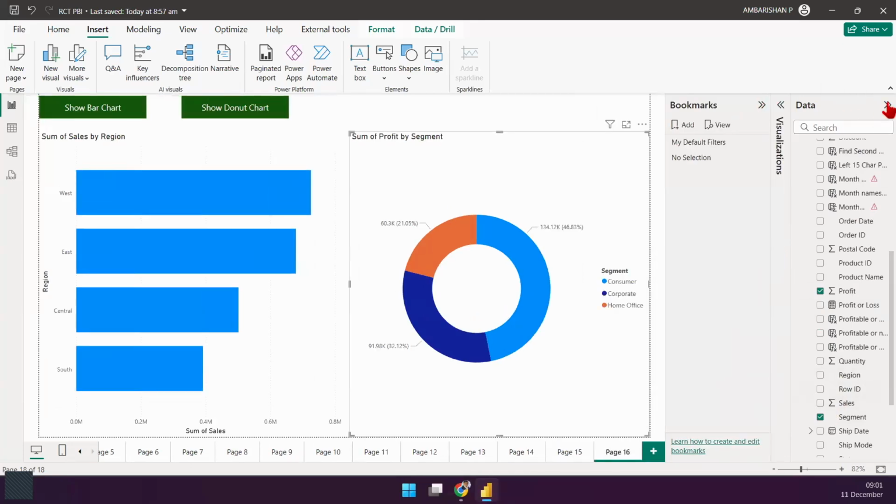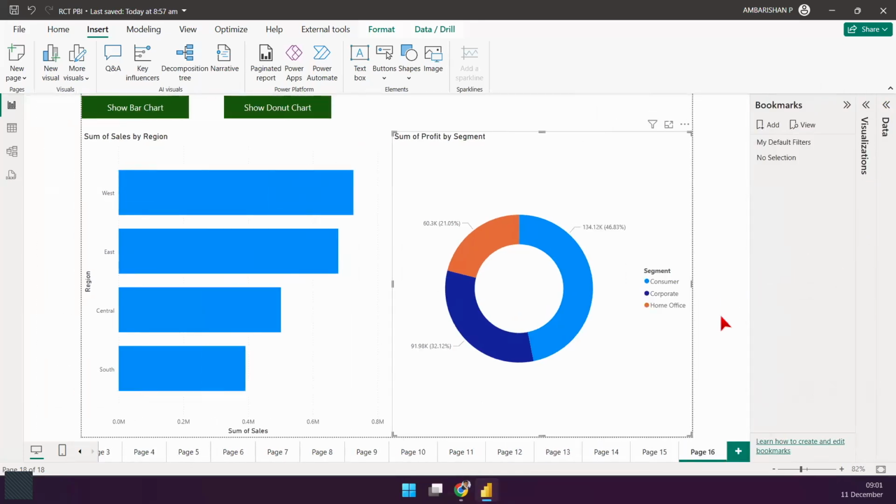So let's keep these things aside. What we need is a bookmarks pane, and we need to show and hide these charts and get the space or the room that we need for our users to see these different things. Okay. So have a look at how to achieve this. And for this to be done, we need one more pane. I'll get to that. But the overall idea is